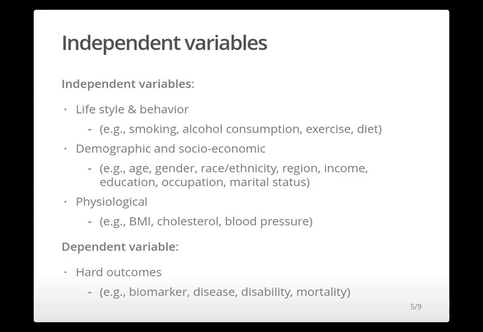In public health research, typical dependent variables include biomarkers, whether the person has the disease of our interest or not, if the person has some type of disability, and if the person died in a certain period of time. We often investigate how the dependent variable is related to lifestyle and behavioral characteristics, demographic and socioeconomic characteristics, and physiological characteristics. Physiological variables can be the dependent variable, but they also can be considered as determinants of disease, disability, or